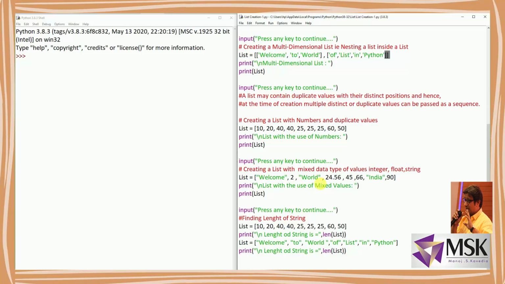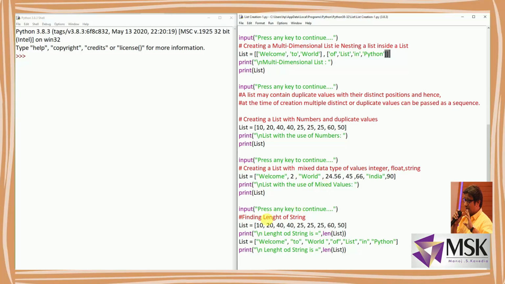And to find out length, there is a method in Python. Now remember, this length method is not the method related to string or method related to list, but it is a general method of Python. So in Python methods are of two types. One, the specific related to object, and one are general methods which can be used with any type of objects. So length is out of that. Length we have seen in the last demonstration of string. It is used with string. Now here it is also used with list. So let's execute this program and see one by one the output.